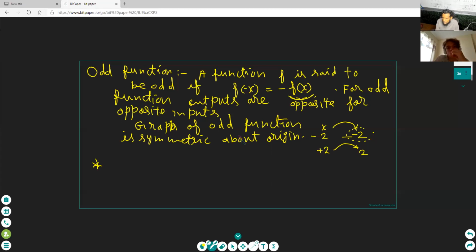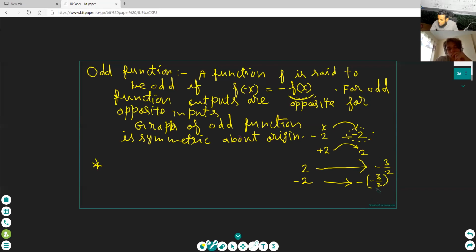Okay, clear? For example, if my input is positive, will I get a positive number? Not necessarily. You are asking me a question about an odd function. If your input is positive, it is not necessarily positive in output. The output may be, okay, 3/2. Clear? The output may be positive, may be negative. But for a negative value, the output will be the negative of the previous value. Clear?